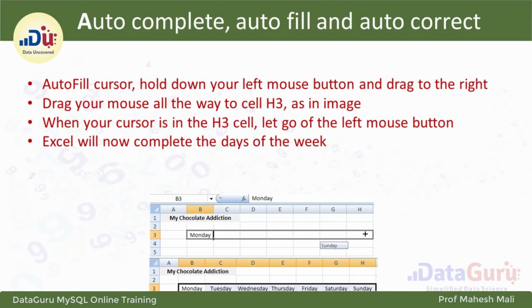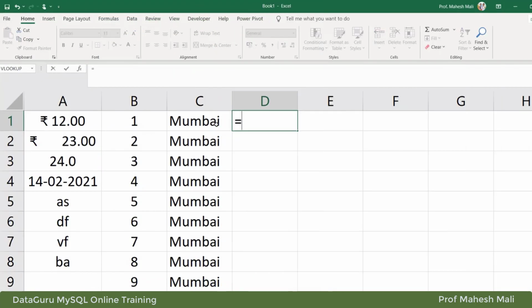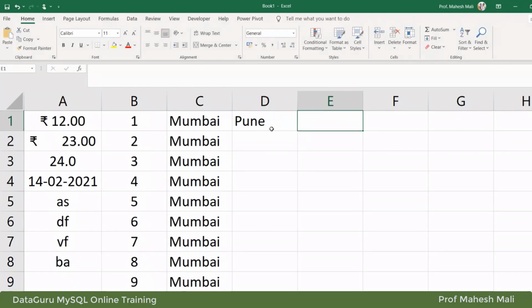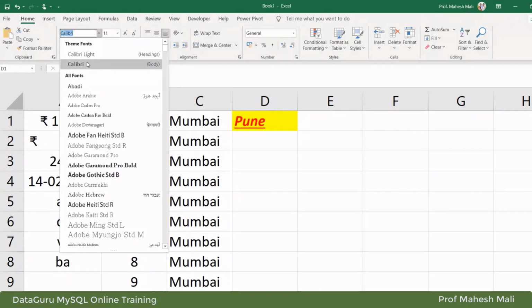Or if I want to write something, let's take Pune. Suppose I want to rename it or do something bold, italic, underline, background color, increase the font, decrease the font, change the font.